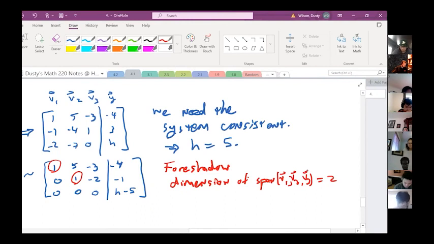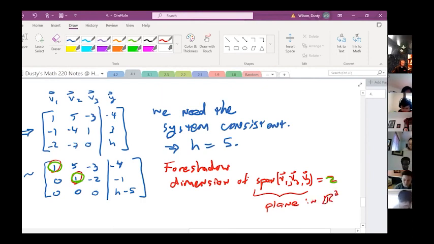The reason it's 2 is because there's 1, 2 pivots. So our dimension is 2, and graphically, this span right here represents a plane in R3